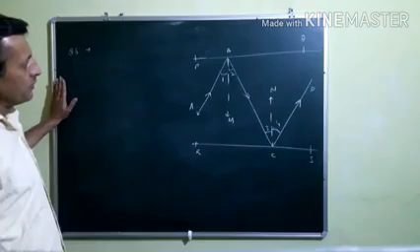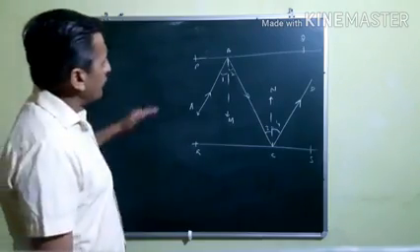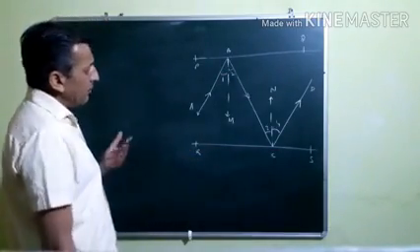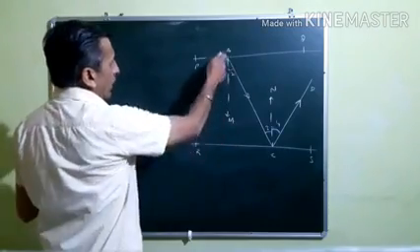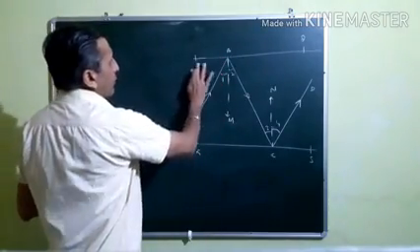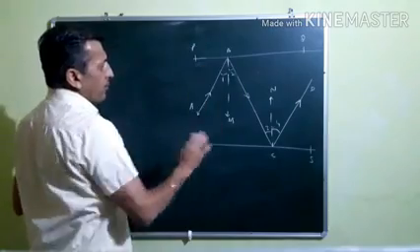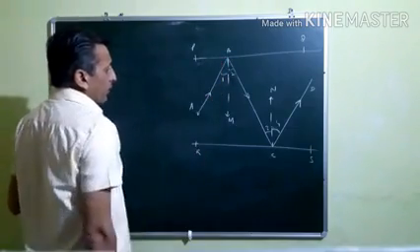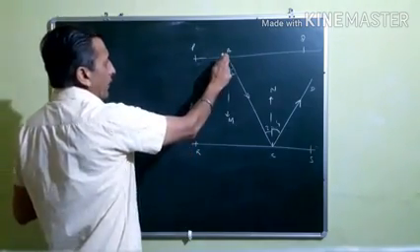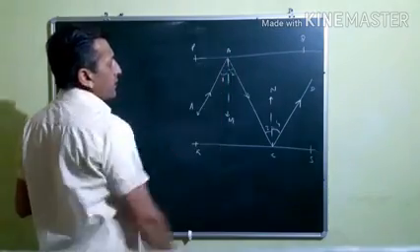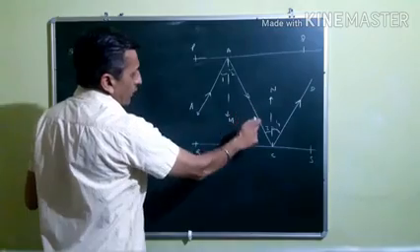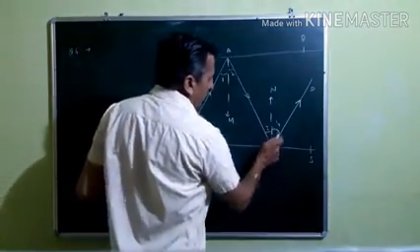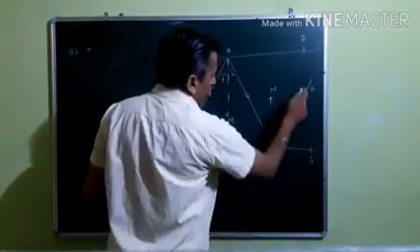Let's see, this is question number 6. In this question he said that PQ is the position of the mirror and RS is another mirror, and both the mirrors are parallel to each other. He said that AB is your incident ray, and it strikes the mirror PQ at B, and this is your reflected ray that strikes the mirror RS at C, and once again it is reflected, that is your CT.